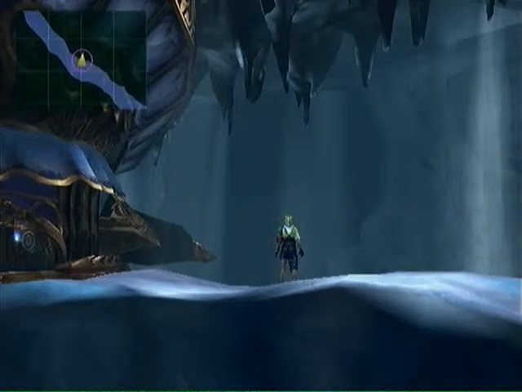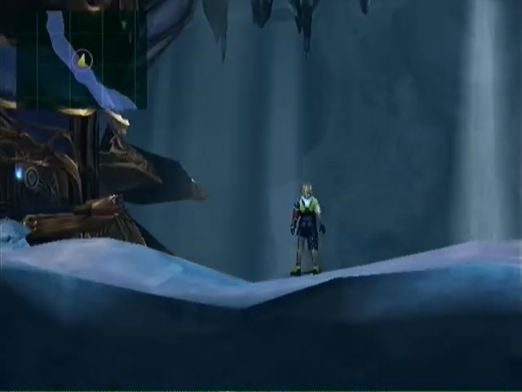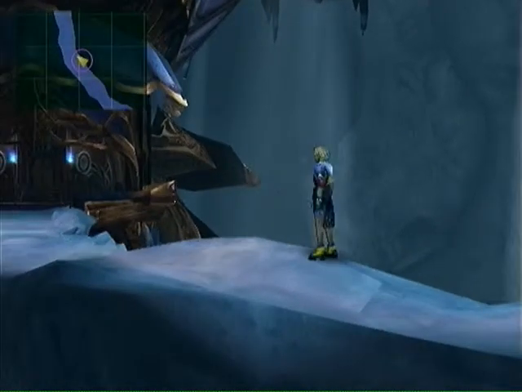By the way, I believe this is the last chance you have to go back at all. Once you enter the temple here, you can't even go back to the travel agency at the Makulania Lake, so I don't think at this point that you can go all the way back to Besaid or Kilika or Luca or anywhere like that. I think that's been blocked off because you're supposed to go find Seymour and have a wedding, so just be aware of that. So if someone wants to verify whether or not you can go back at this point, that'd be great,